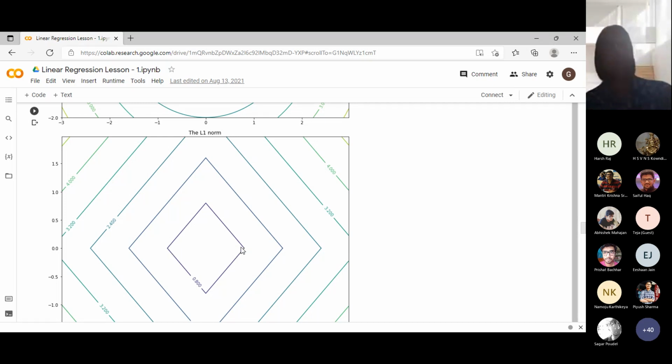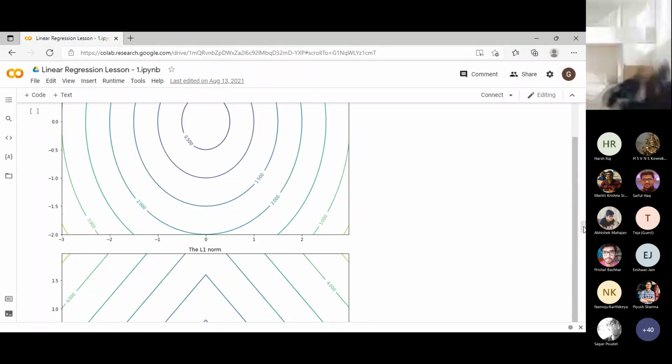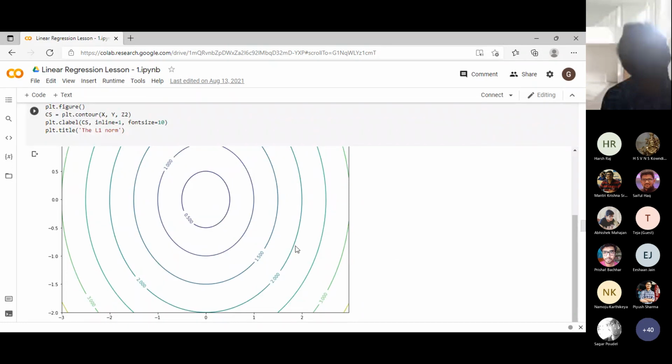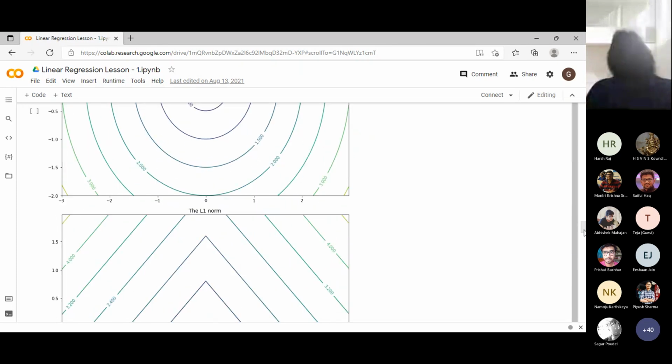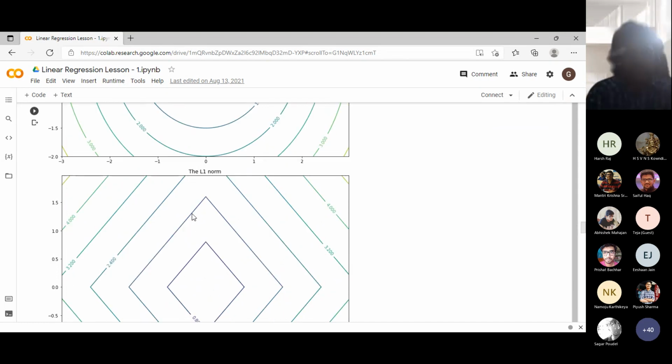Now, there could be corners which have more non-zero W's than some other corners, right? But the corners are guaranteed to have at least some zero W's. There's no such notion of a corner in the L2 case. In a house which is spherical, you would not find dust accumulating. Physics also has a role to play here. There's nothing like a corner, so dust accumulates everywhere. But in a typical house, the corners are where the dust tends to congregate. Similarly, solutions also tend to congregate towards corners.